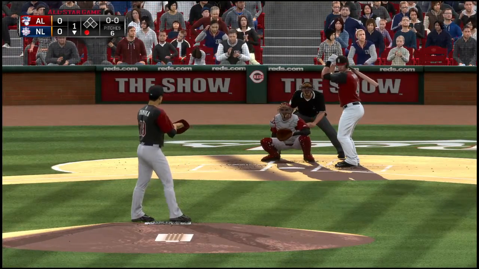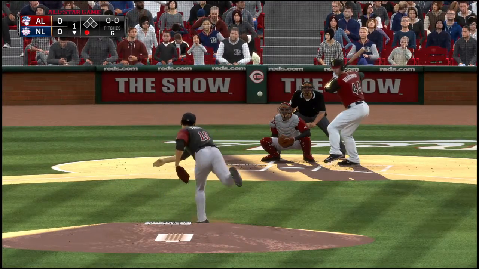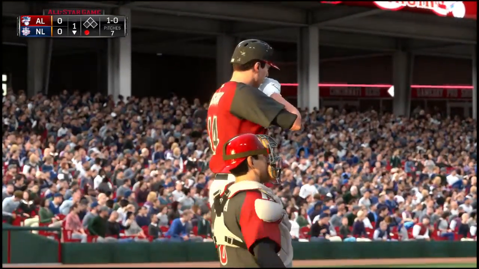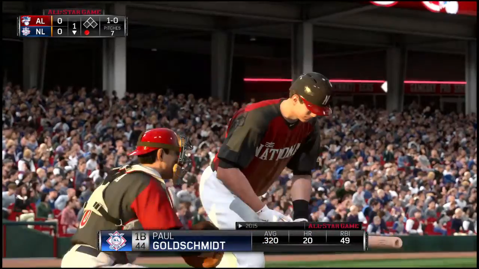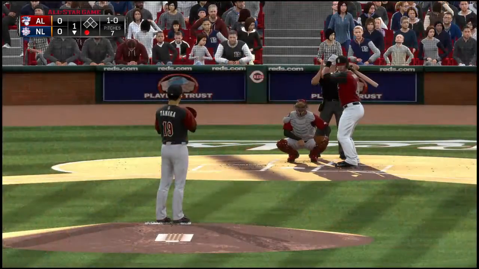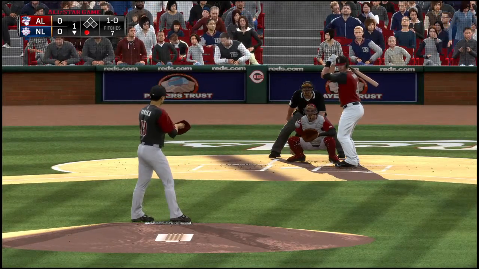Here's Paul Goldschmidt now. As the first pitch misses to him, it's ball one. The next pitch.